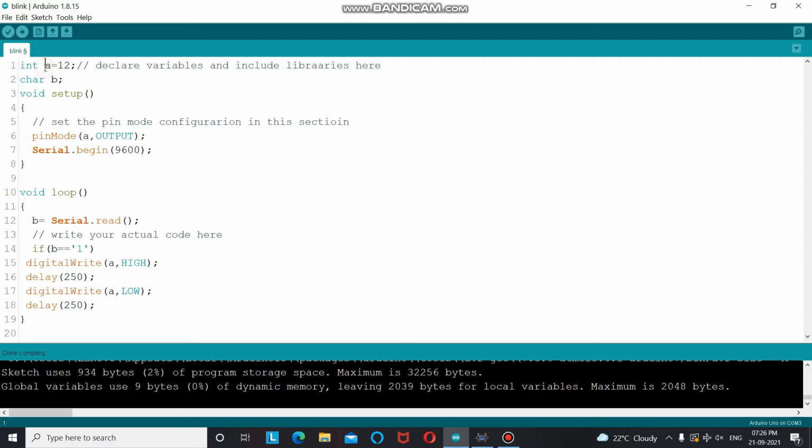But when you are dealing with string or character type of data, you have to include it in double quotes or single quotes. When dealing with character type of data, you have to include the data in single quotes, like this. And when you are dealing with string type of data, you have to include that data in double quotes. For example, we'll have it like this. But for now we are dealing with character type of data, so you have to write it in this way.